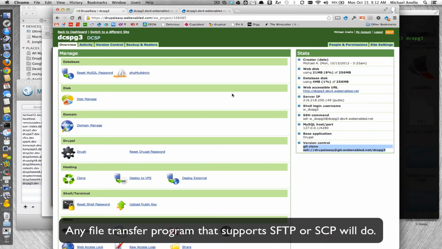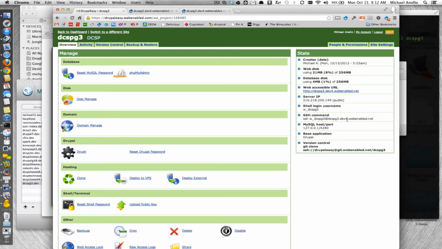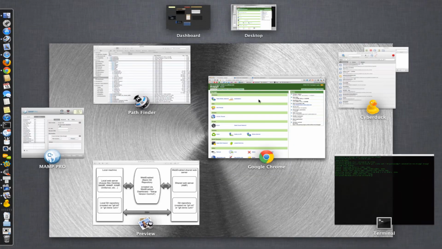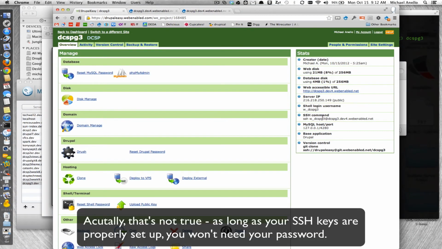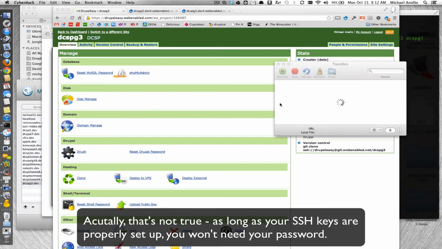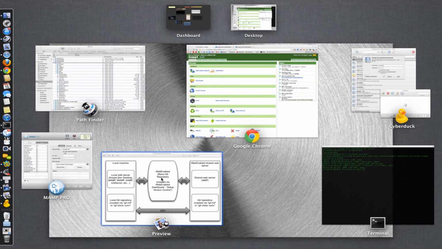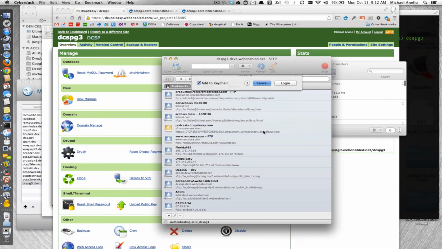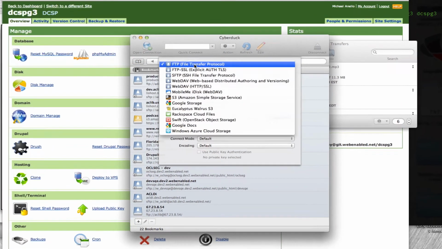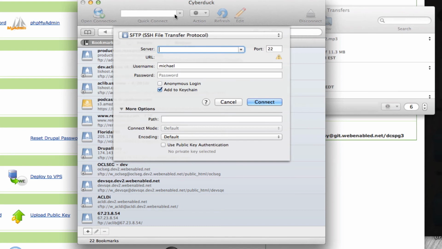And what we're going to do is we're going to need some information here. We're going to need our username and password from our web-enabled account for this site that we originally set up. So if we come over here to CyberDuck, if I can find it, there we go. I'm going to cancel that, and I'm going to go open new connection. I'm going to choose SFTP,